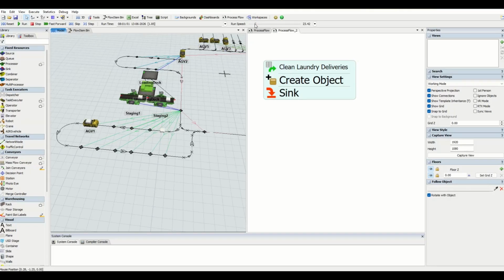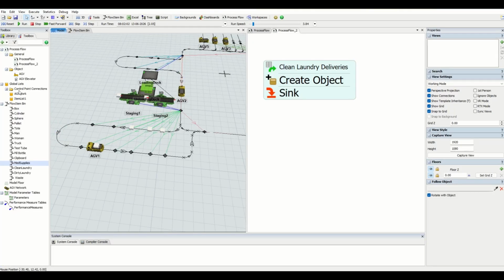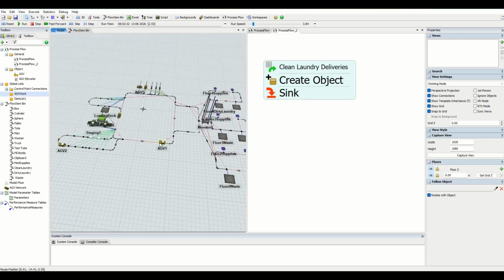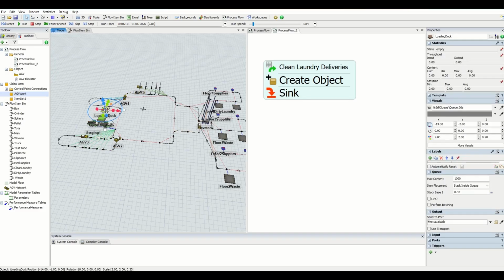The moment it comes out here, based on the AGV work list which we created, the AGVs are going to get the task assigned, and then they are going to transfer. Now the question arises: how are these AGVs transferring the parts to this area rather than going to the loading dock area? So there is a big catch, and this is where the complete logic works. Before we go to that, okay,